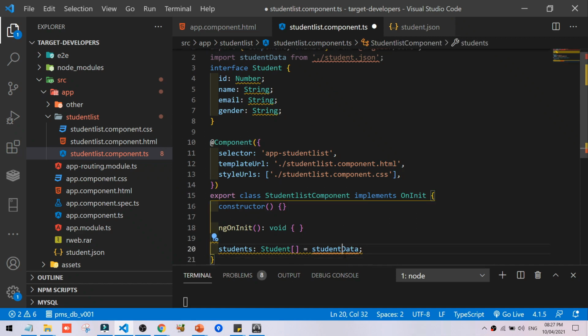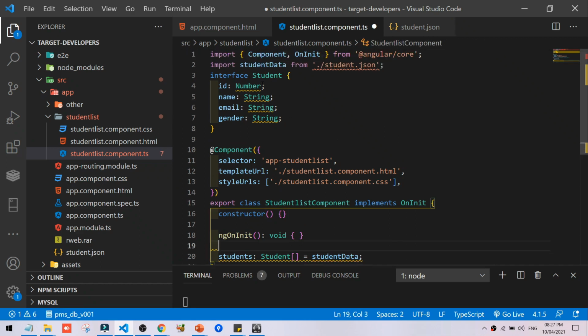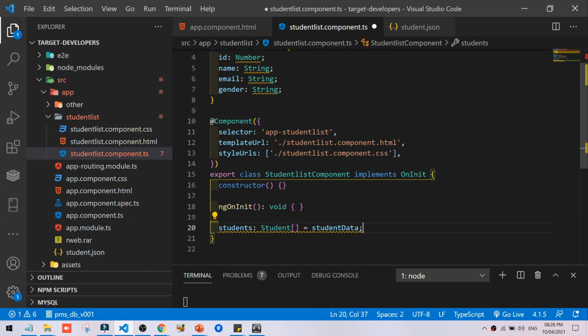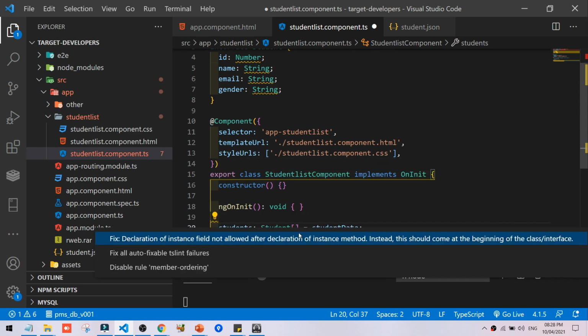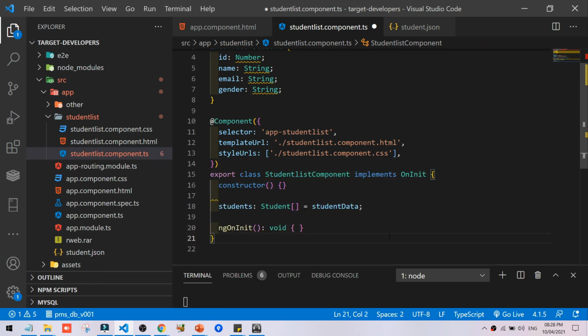Remove the existing value, because we are giving student data here. So you can see that we have taken student data and given it here. Control S. So we have assigned student data here.